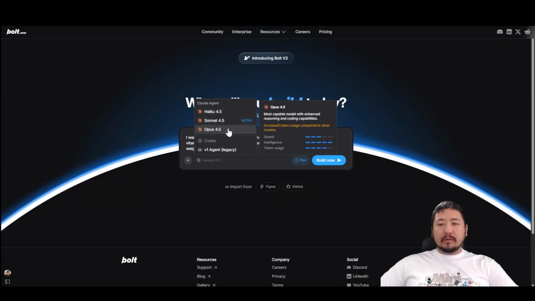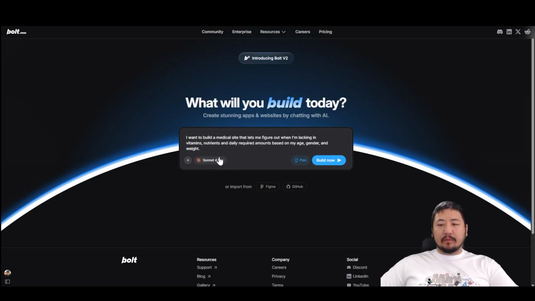Now, there are different language models that I can use, but for now I'll use 4.5 Sonnet. There is Opus, which is a little bit more in-depth, but 4.5 Sonnet's fine. I'm clicking plan, so it's not going to actually build it, it's going to just plan and think of these